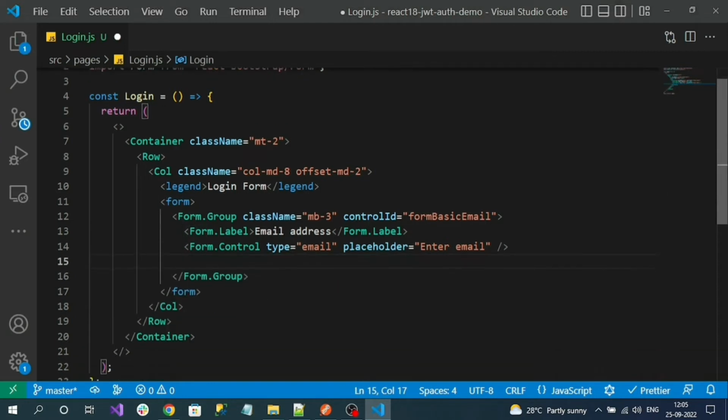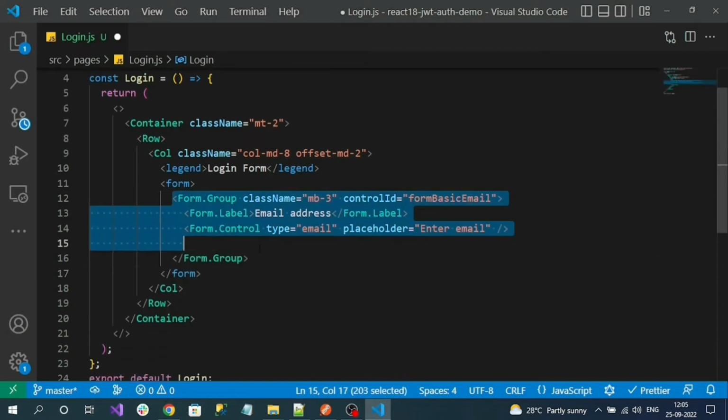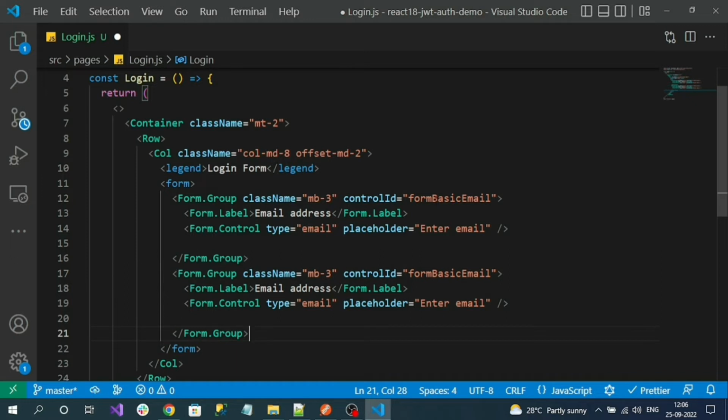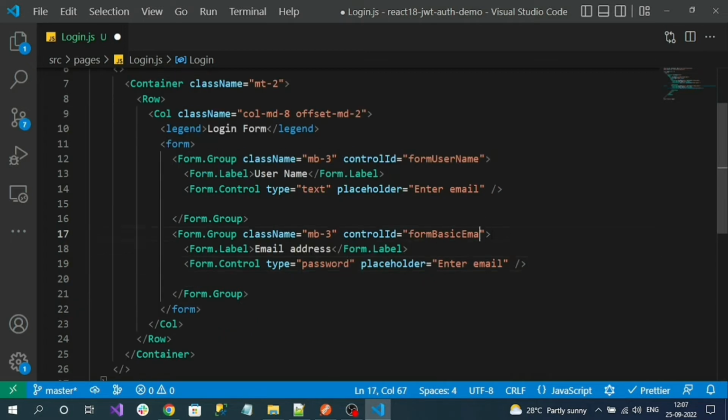I don't want it. Okay, duplicate this form group. Okay, this is for username, first form field. Okay, username text, and its type will be password, second one, and change the name like password, controller name,